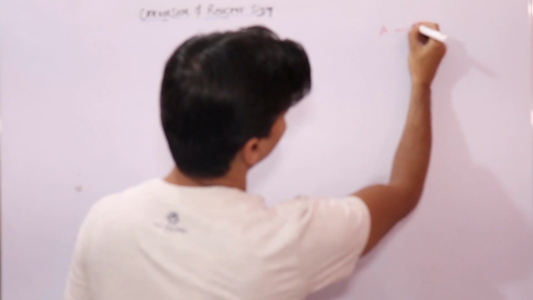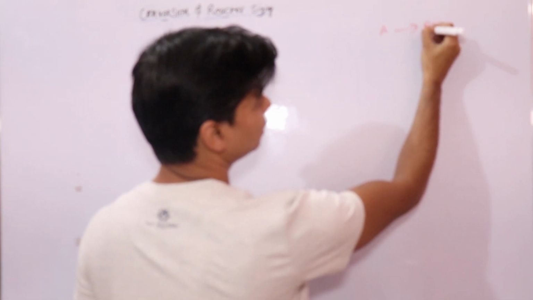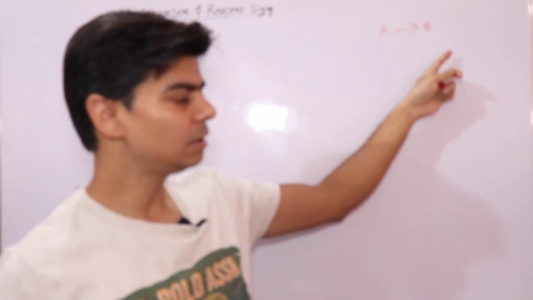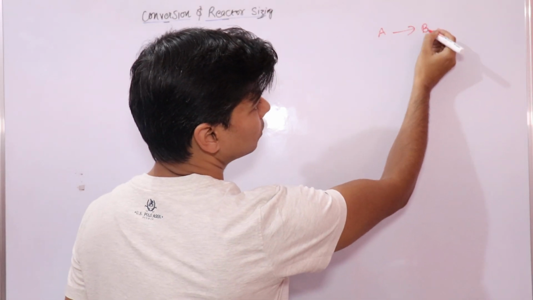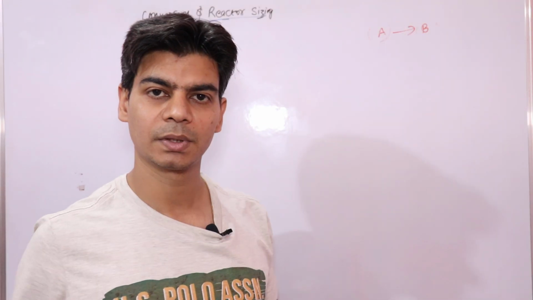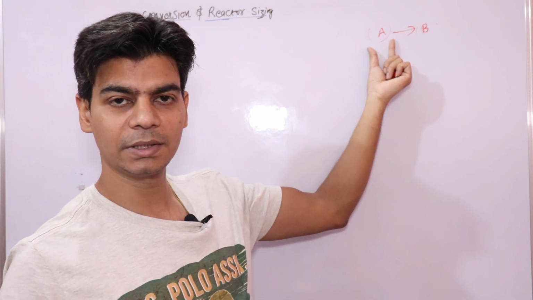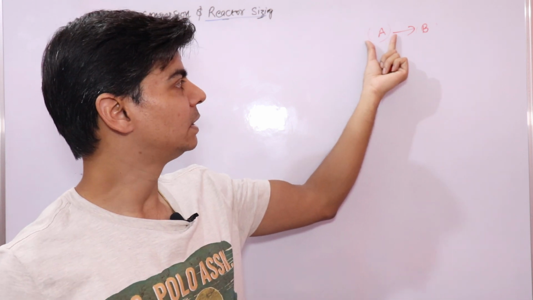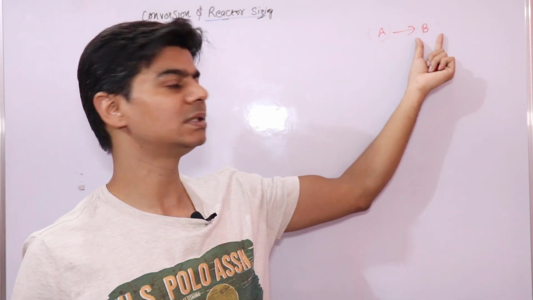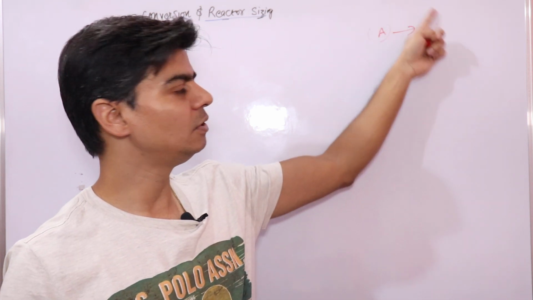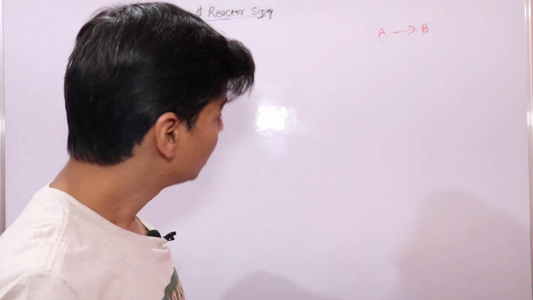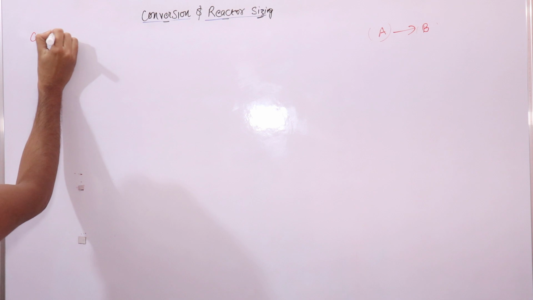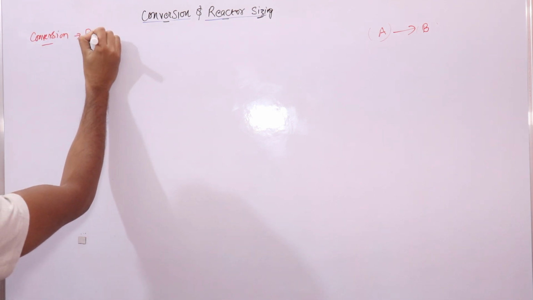If A is the reactant, it's forming B, which is the product. So progress of this reaction is measured in terms of reactants or products. Change in the concentration of reactant or change in the concentration of product, or to be specific, decrease in the concentration of reactant or increase in the concentration of product. This will tell you about the progress of a reaction. So conversion will simply tell you the progress of a reaction,